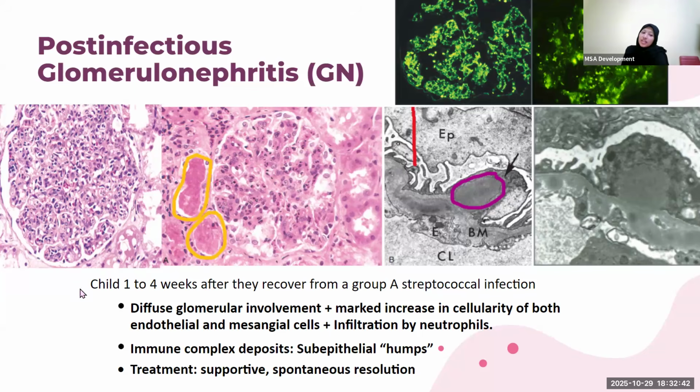Most commonly, it will come in a child again, recovering from an infection. How long after the infection? A few weeks. So 1 to 4 weeks after recovering from an infection, most likely a group A streptococcal infection. So it could be throat infection, sore throat, they would say I had a history of sore throat 4 weeks ago, or they had a skin infection caused by the same bacteria, a skin infection 3 weeks ago, and then they present with